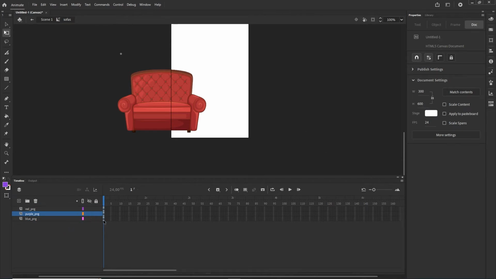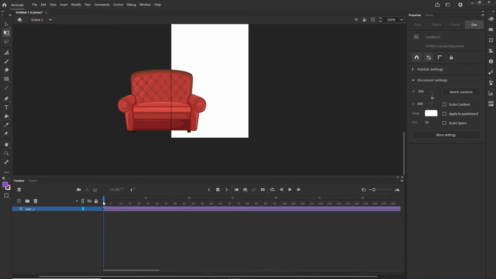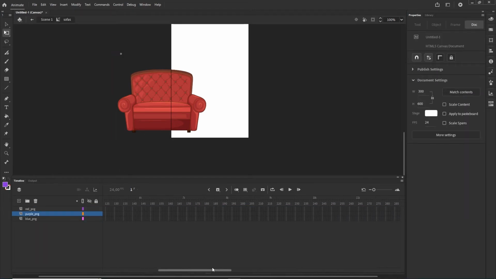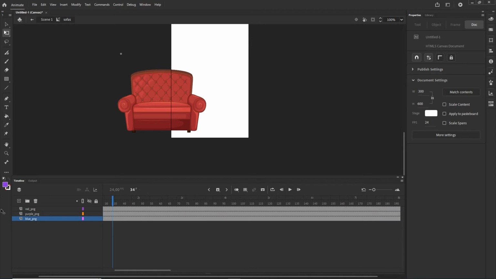And first of all, I'm going to extend the timeline to the same length that I have the scene 1. The scene 1 I have extended to 200 frames, so I will do the same thing. So I will go to the first keyframe, double click, go in here like so, and right click and choose Insert Frame, or F5. Now, for a moment, I'm going to hide this red and this purple, and stay with this blue or green,